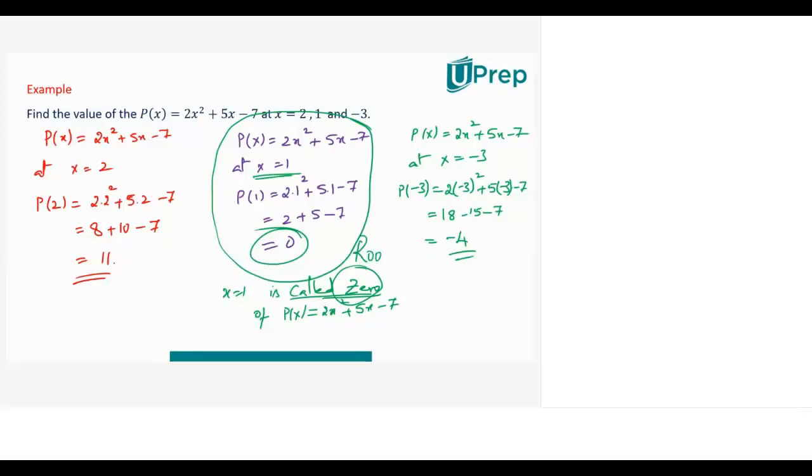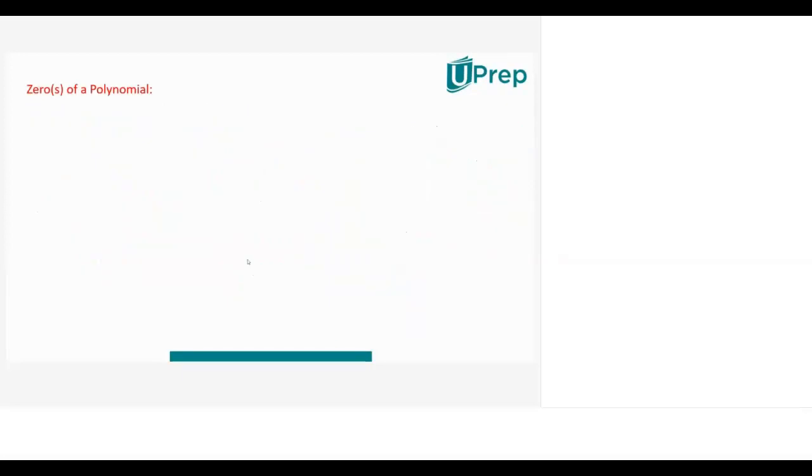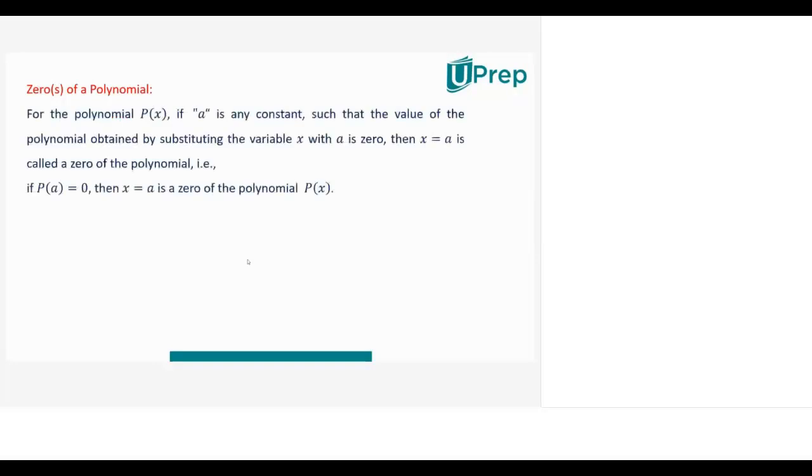And coming to the future classes, the same word 0 is replaced with the word root. Is it also called a solution, as root of? Yeah or no? Sir, it is also called a solution. It is also called a solution provided I have it equal to 0. I'll get back to that. Polynomial equations, these are all expressions, right? We'll differentiate them. Wherever I use the word root, it can also be called a solution.